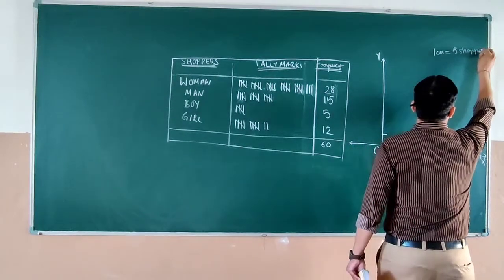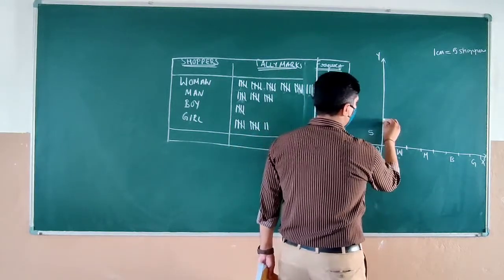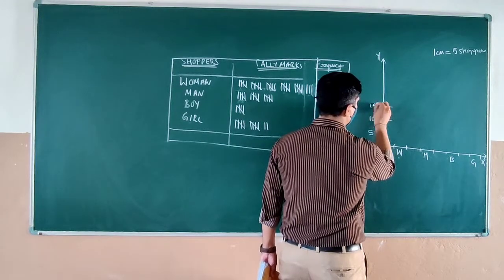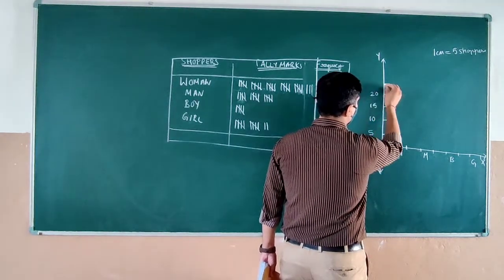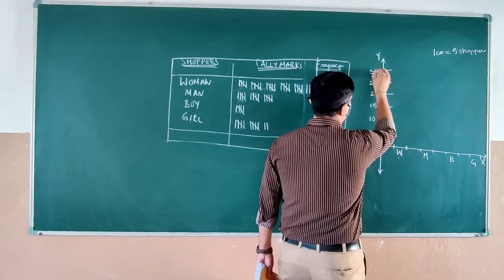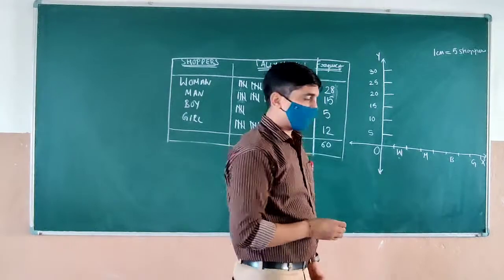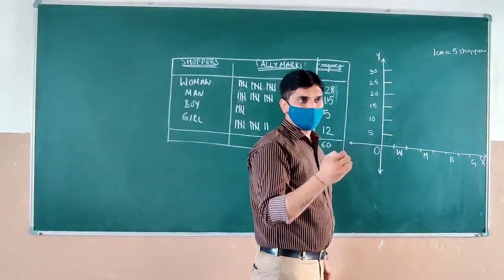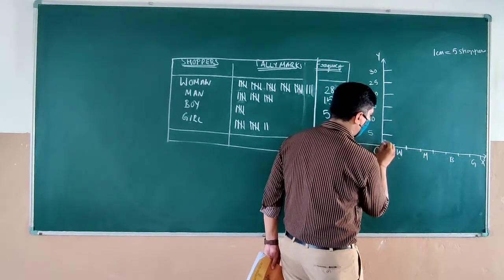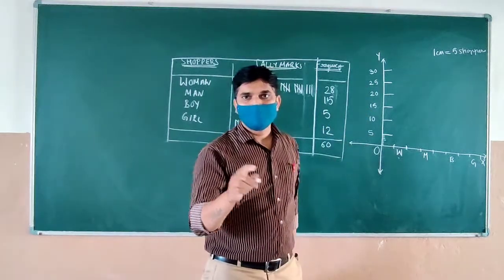Okay, 1 centimeter is equal to 5 shoppers. 5, 10, 15, 20, 25, 30. Now, pay attention properly. Those who are having smaller graph, they will have the smaller lines 1, 2, 3, 4 and the bigger one 5, 6, 7, 8, 9 and the bigger one 10. Like this you are going to have one line, okay?